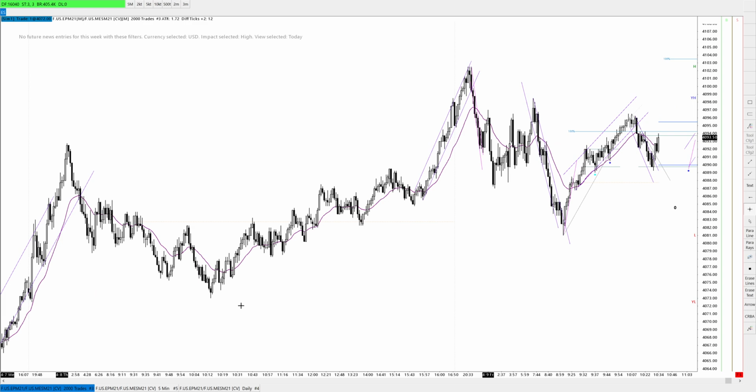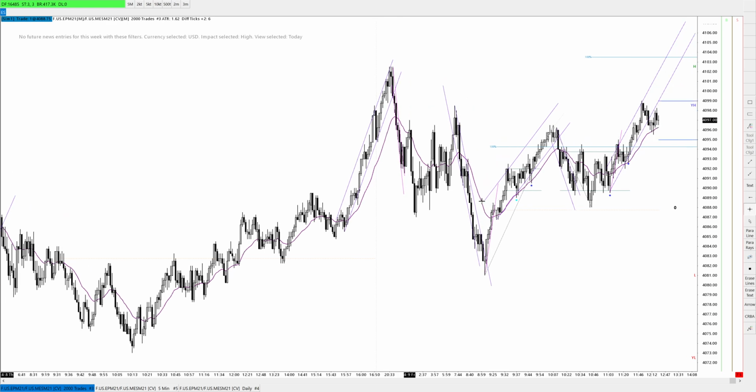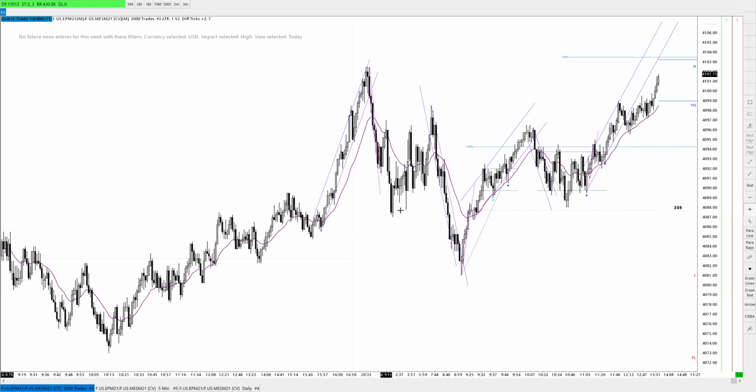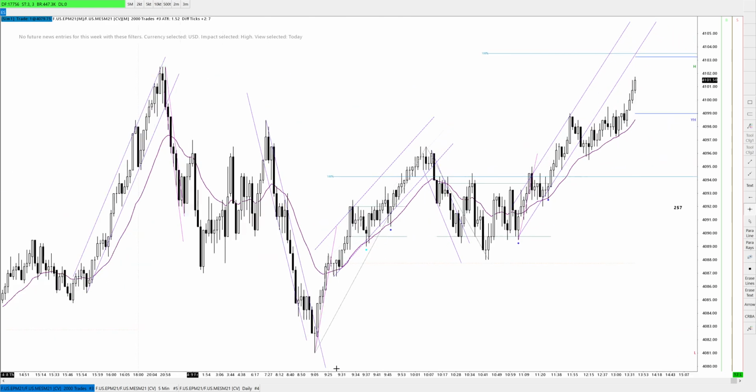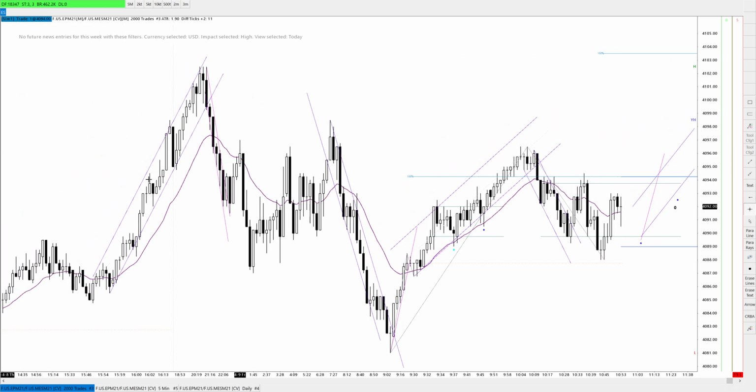Yesterday we had a break of the channel and eventually a retest of the highs. So going in today, we have this, let me just back out here. So we have this channel going up overnight. We have a break and two legs back, and if you measure this leg, it's about